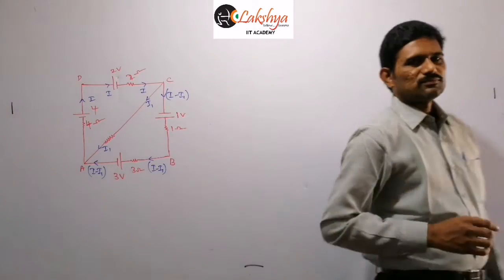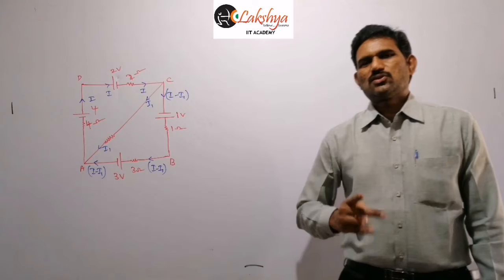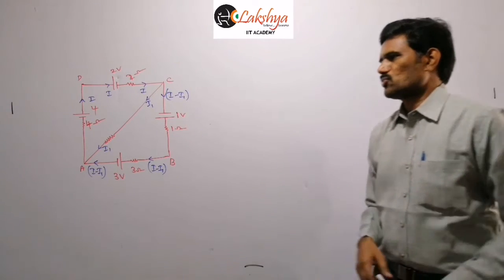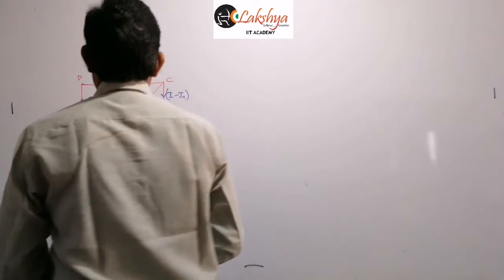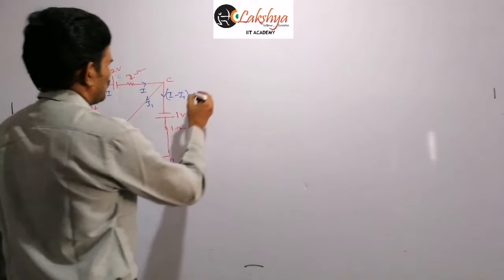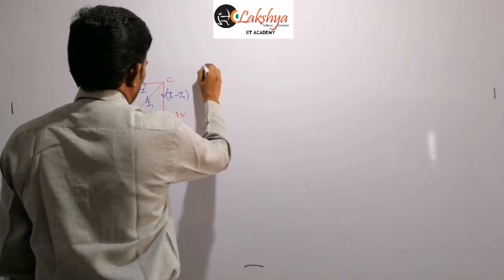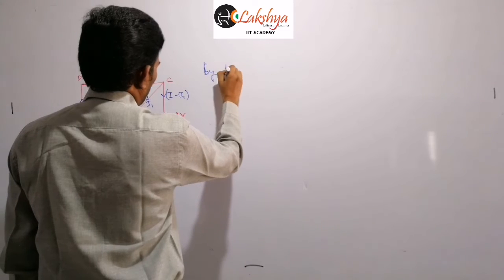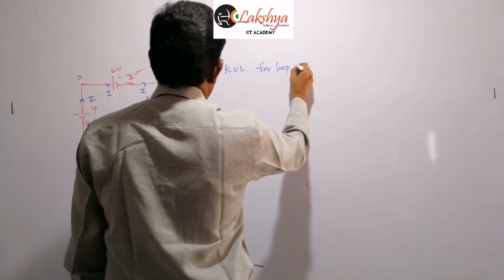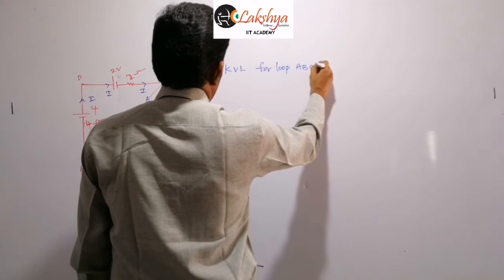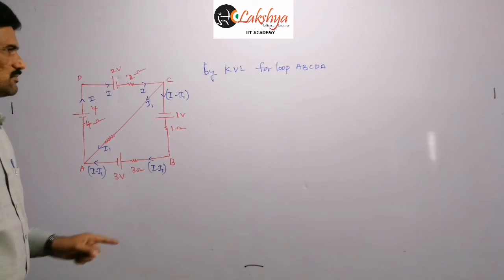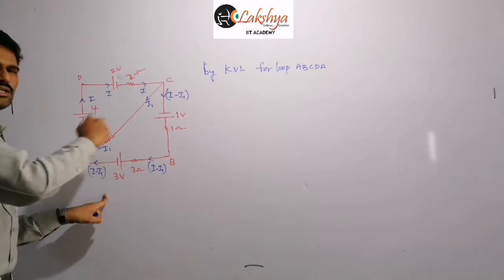And now here two variables are there for us, so we need to apply the Kirchhoff law twice. That means two loops. We need to assume any two loops, and then we can apply the Kirchhoff law here. So that means I am assuming, first let us write for this outer loop I am taking here. By KVL for loop A, B, C, D, E. For this outer loop I am taking here. So I am starting from here, in anti-clockwise direction now we are applying.